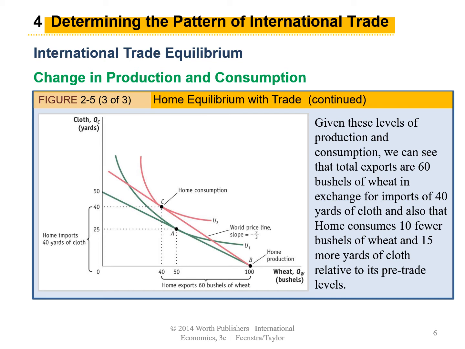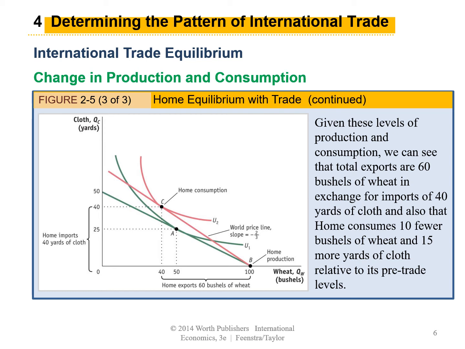Then what you can imagine is that the first 60 units, the distance between 40 and 100 on the horizontal axis, 60 units are given over to the other country. 40 units remain with the home country. So the home country sells 60 units of wheat, and it does that at the slope we talked about, the -2/3. It's negative because of the direction of the slope. The -2/3 terms of trade, and you can see that allows the home country to move up the purple line